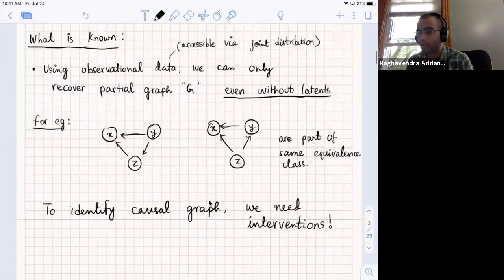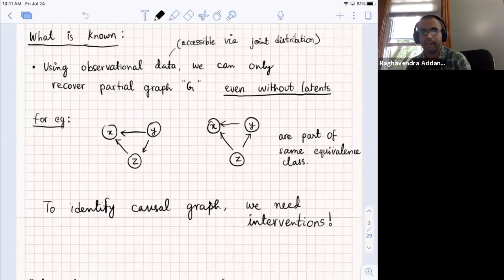So what is known using observational data? By this, I mean you do not perform any kind of experiments on the system underlying these variables, and you just observe the data generated from the system. We can only recover a partial graph G. So we cannot recover the entire graph, only some edges. And this has been very well studied. What kind of partial graphs can be recovered? What is known is, suppose there are a few graphs which all